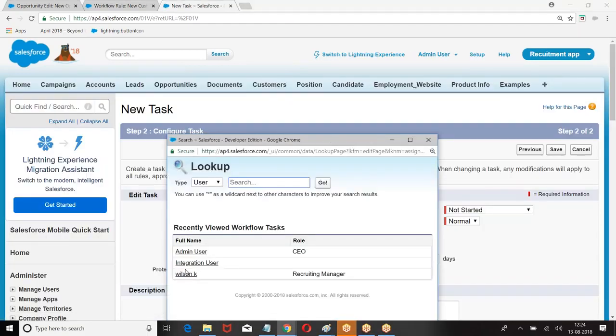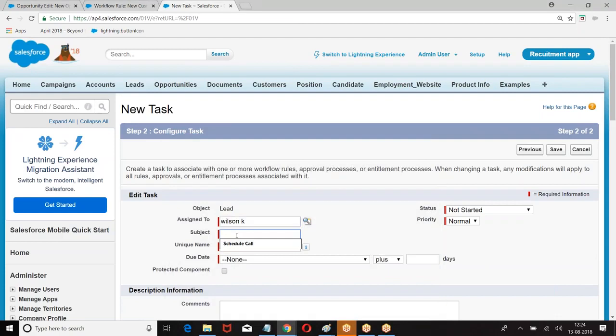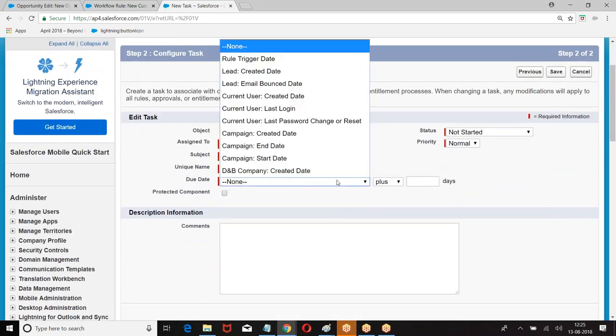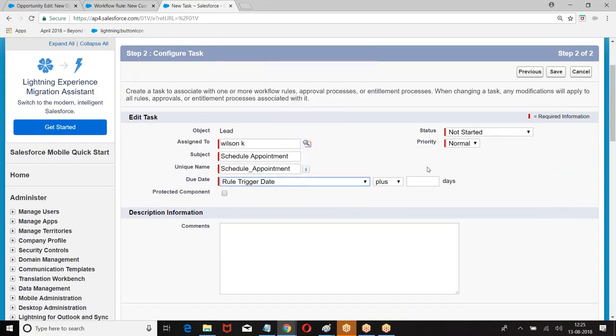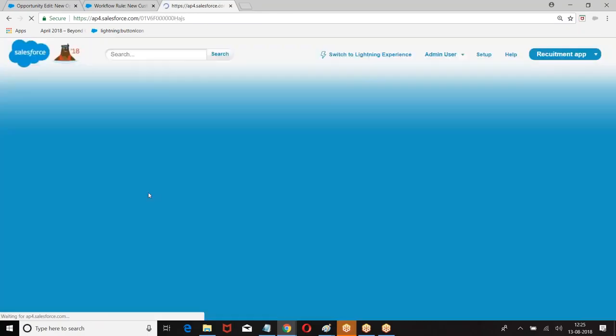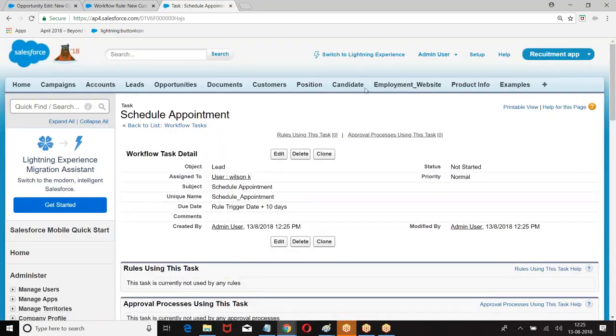Assign to, due date, trigger date plus 10. Status not started, priority. Task is created. Now I want to create a workflow rule.